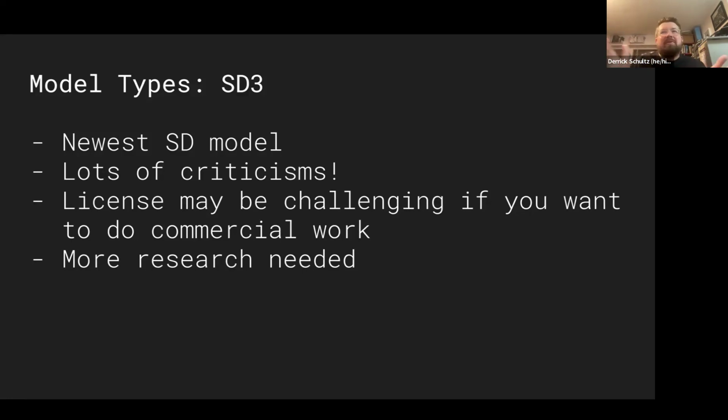So I'd say SD3 is people still trying to figure out what they can use it for and how to use it. And it's only been out for 3 weeks, 4 weeks. So people are still trying to figure out what it's good at, what it's not good at. So most people are kind of skipping that one. I think there's a new ControlNet model for it, but there are no other models that work with it, which is really hampering the system, to be honest.